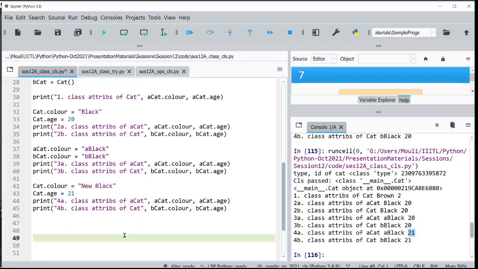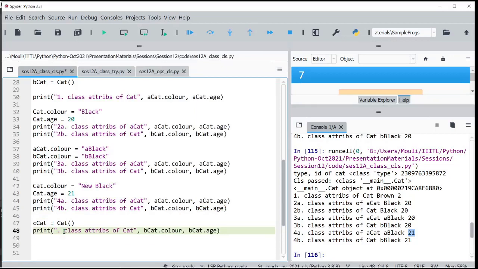This new black is changed in the cat class. Now suppose I create a c cat with cat, it will have the new value whatever we have modified.